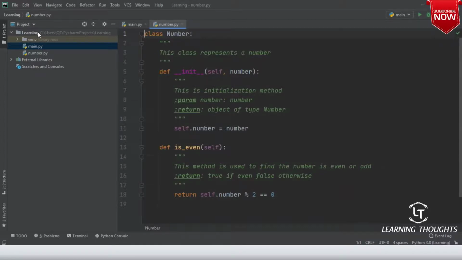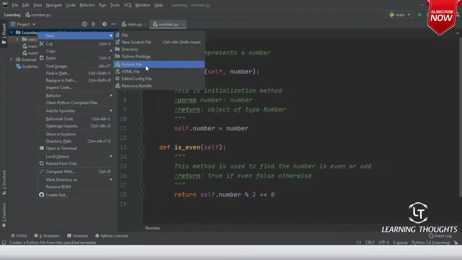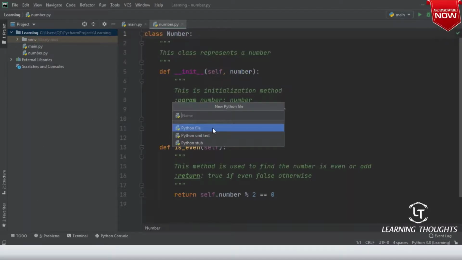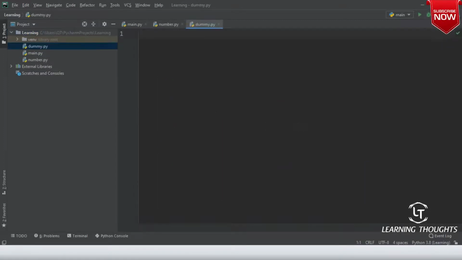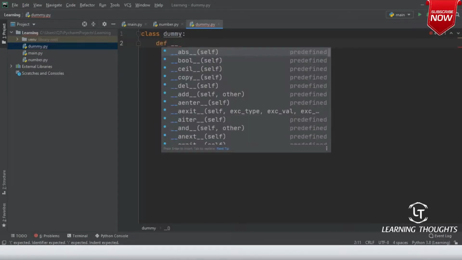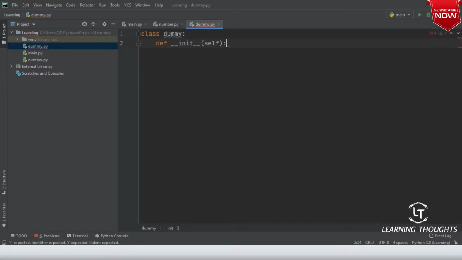Okay, so let me define one more class to make this simple. New Python file. I'll call it dummy file. In dummy file, I'll just be defining some dummy classes. Class Dummy, and def __init__, pass.